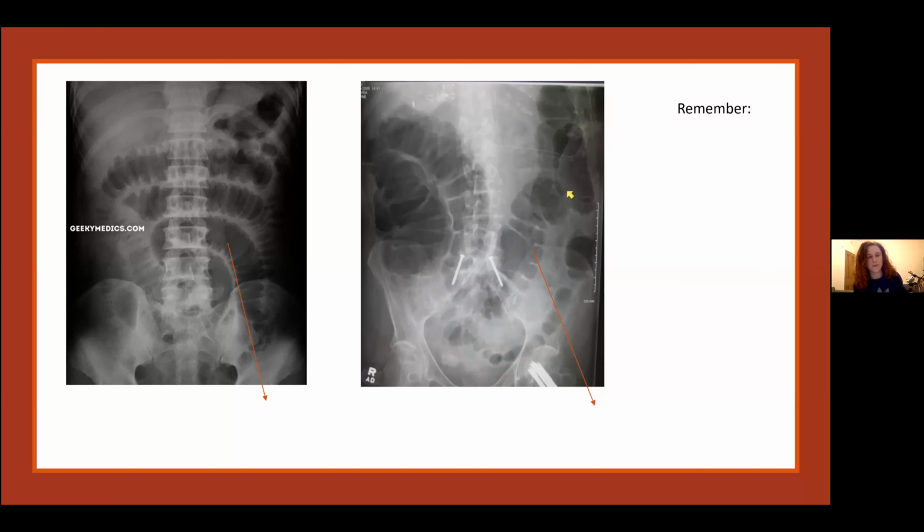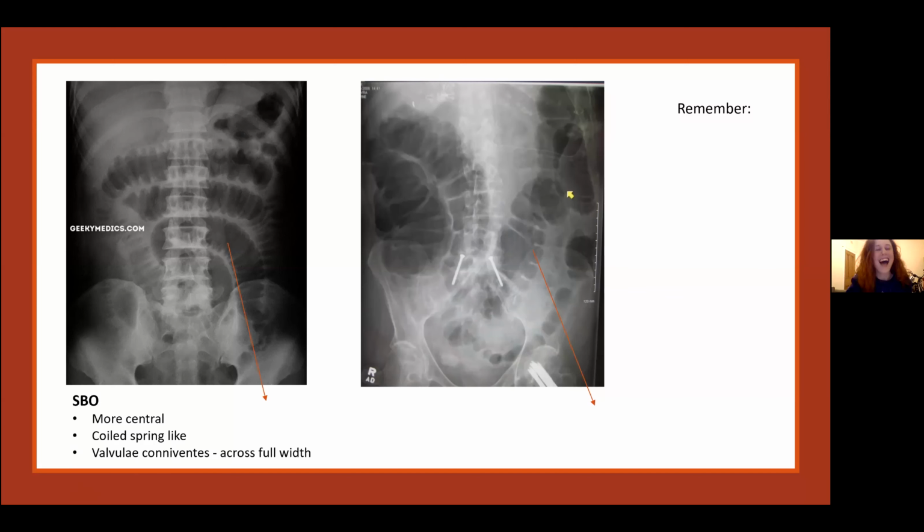Small is the left one, and people are saying the right is the large one. Yeah, really good. Okay, so the way to tell the difference is that in small bowel, you see it in the center, it's more coil-like, and you have something called valvulae